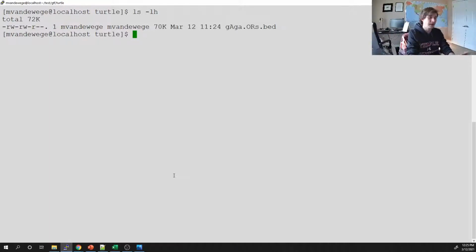But we can do one more thing. This is a weird thing that ORs do. It's not really weird, but it's kind of an awesome thing that ORs do. You usually find them neighboring other ORs and nothing else, right? So you'll see this whole block of a genome just dedicated to OR genes. And so they multiply pretty frequently